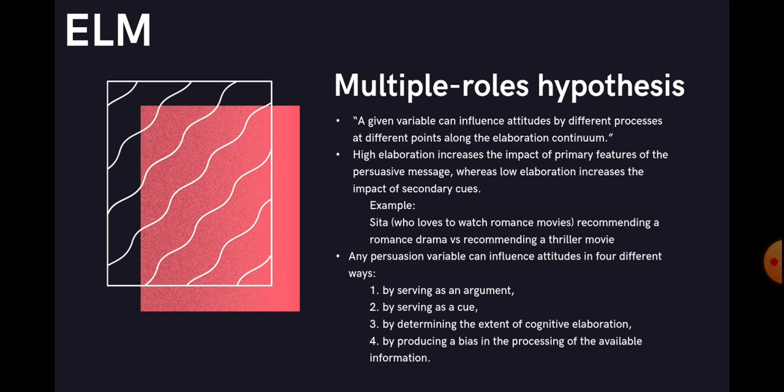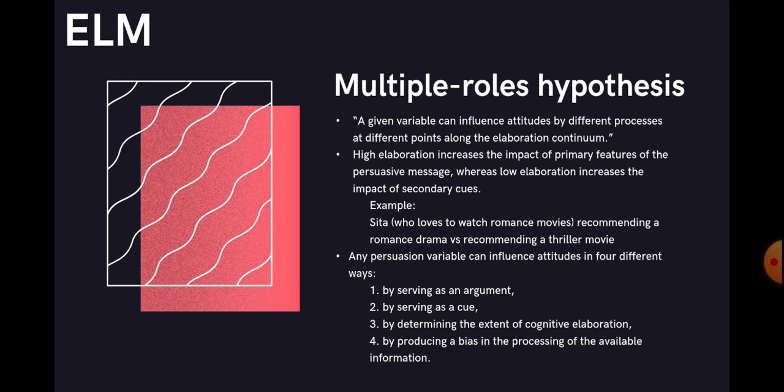So the example I give here is Sita, who loves to watch romance movies, recommending a romance drama versus recommending a thriller movie. So, for example, in low elaboration, the persuader Sita, we already know how it can influence through the cursory and the peripheral cues, but Sita is essentially a peripheral cue, right? So peripheral cues, which is here Sita, can also influence in high elaboration. So for example,